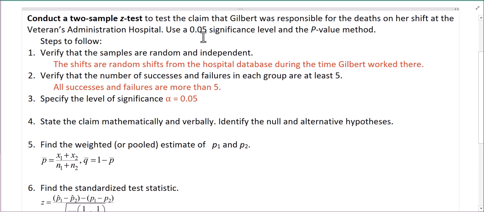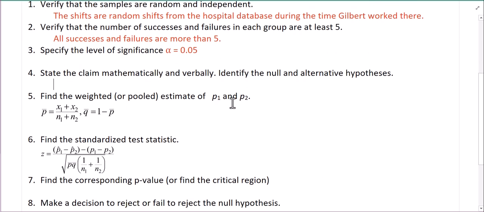If she's responsible for the deaths, that means we expect her proportion of deaths while she was working to be greater than. So in all of the shifts, we expect P1 to be greater than P2. Greater than doesn't have an equality statement, so that must be the alternative hypothesis, which means that the null hypothesis